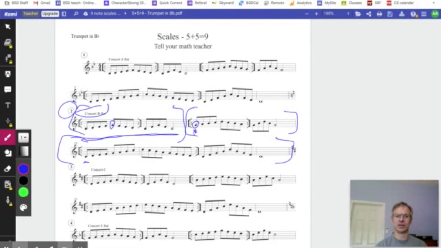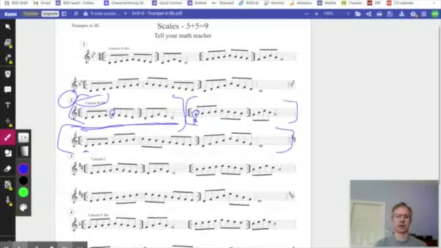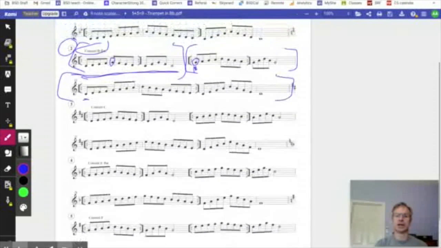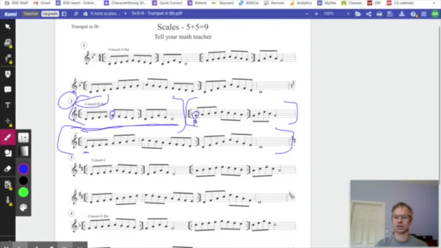So I recommend in this one that you're playing through the keys that you already are successful at. So you'll see here on this page, which is attached in Google Classroom, I've got concert A flat, concert B flat, concert C, concert E flat, and concert F. And each of those are made up with the scales that we're all successful at already, which the 5-note scales would be concert B flat, concert C, concert E flat, concert F, concert G. And from those scales, we're able to make